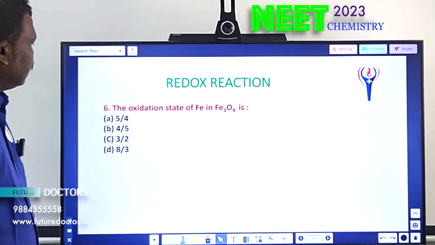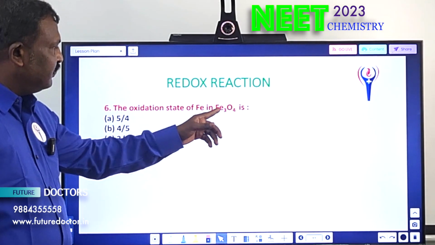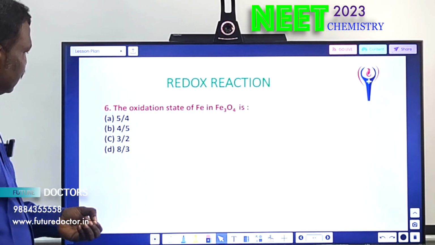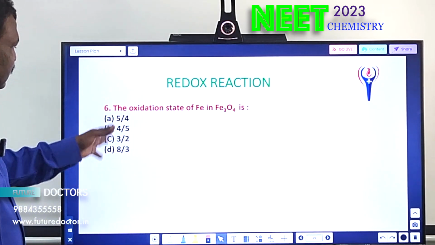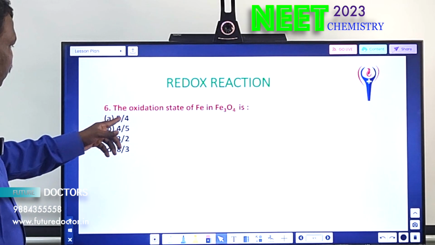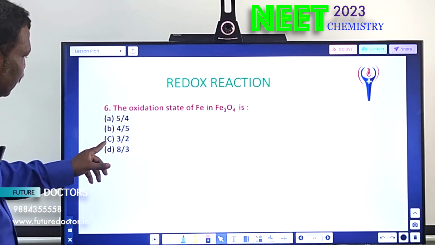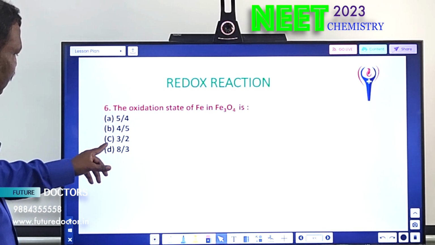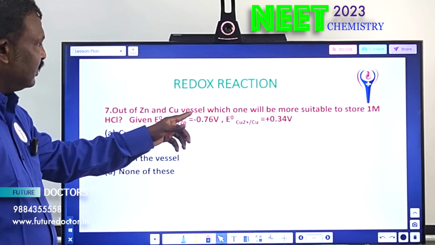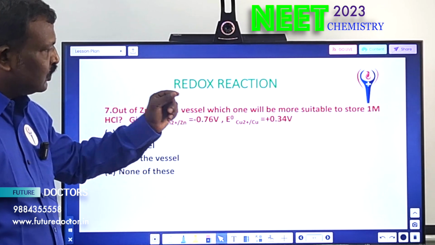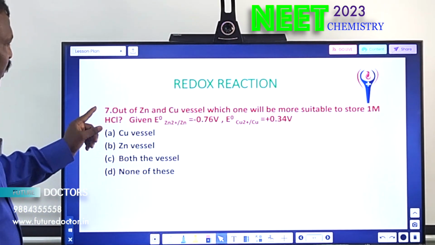Okay. Right. Next one. The oxidation state of iron in Fe3O4. Simple one. It's a mixed oxide, so you will always get only a fractional value. Option A 5/4. Option B 4/5. Option C 3/2. Option D 8/3. Understood? So seventh one. Out of zinc and copper vessel, which one will be more suitable to store 1 molar